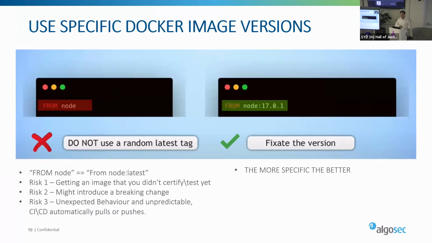When you do use it, there are still risks associated with it. One of them is really around tagging. If you don't use tagging and always go for latest, there is risk with that. Why? If you are a security practitioner, you need to have certain control over what exactly the latest version contains.